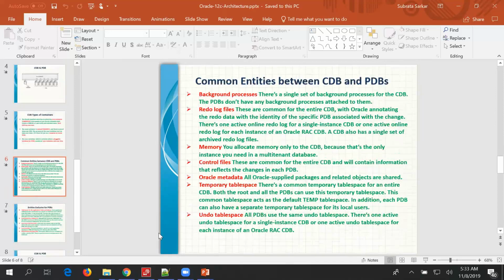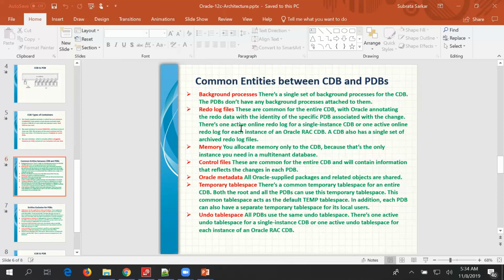Here are some very important items. Background processes: there is a single set of background processes for the CDB. PDBs don't have any background processes attached to them. So all the background processes that we discussed are attached to the CDB. Redo log files are common for the entire CDB, while Oracle annotates the redo data to identify the specific PDB associated with the change.